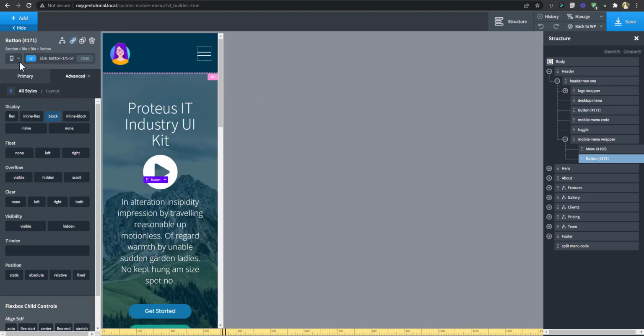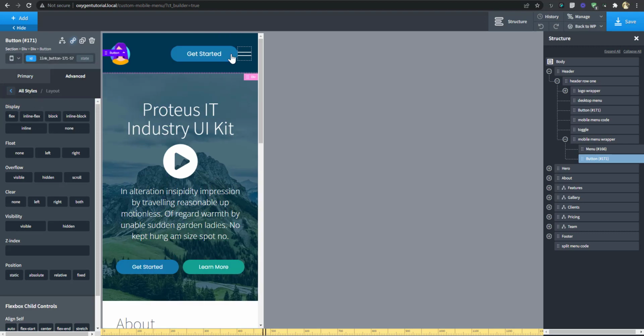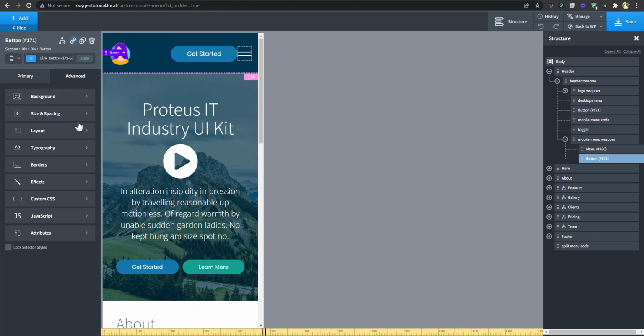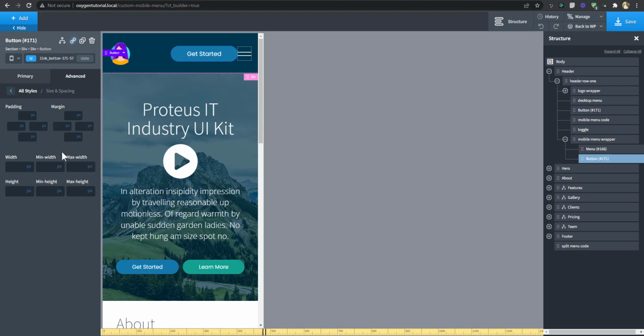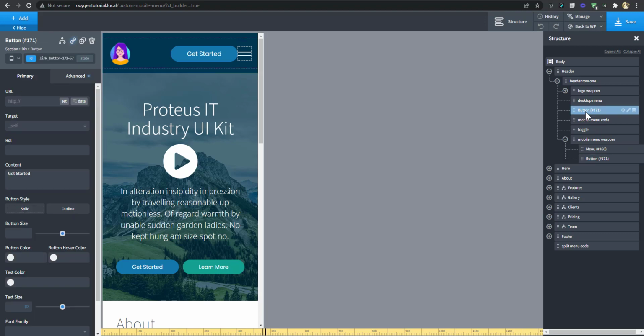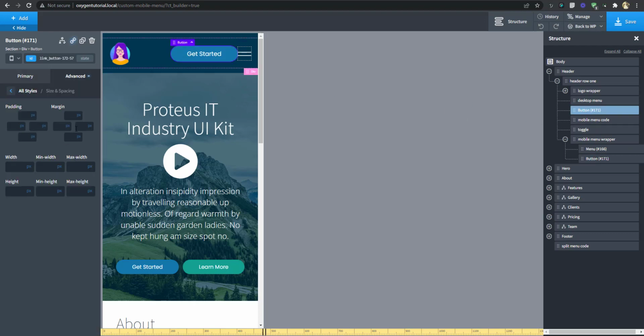And of course at this point we want to give the button a right margin, let's say 20 pixels. It's supposed to be this button. So just move it a bit away from that.